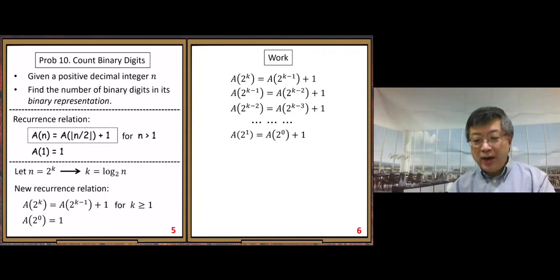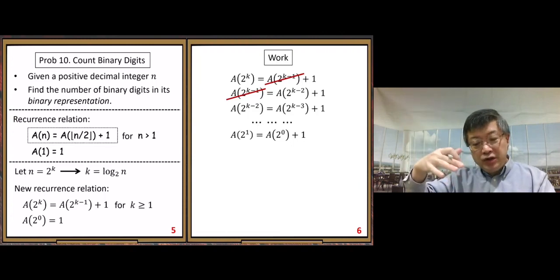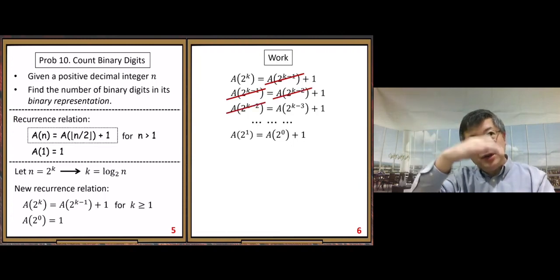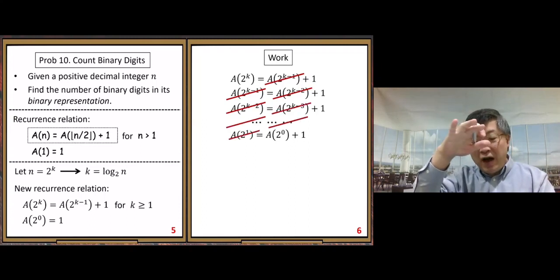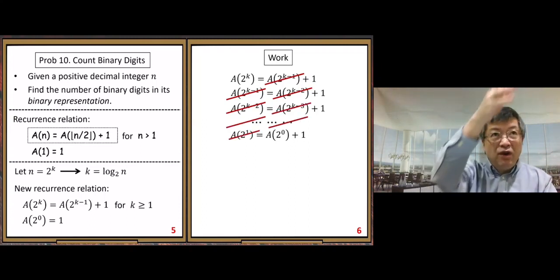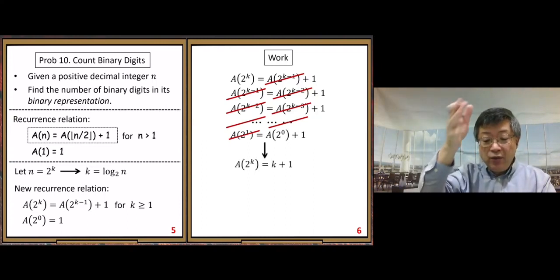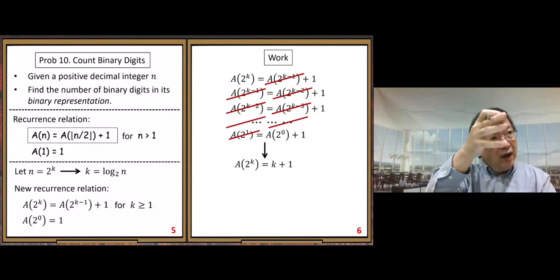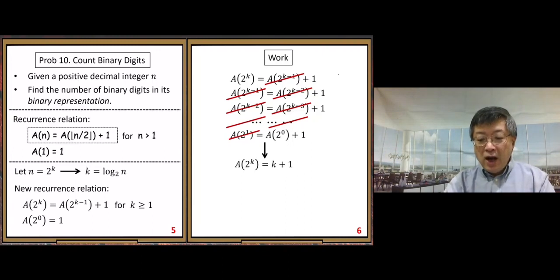Now, after we add up all the equations, we can do a lot of cancellations, left and right two sides, and finally, at the end, we get a of 2 to the kth equals